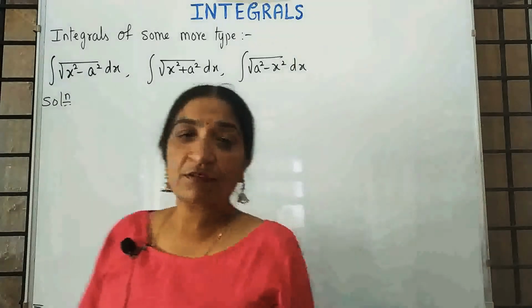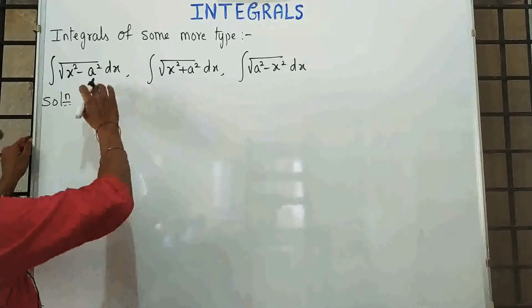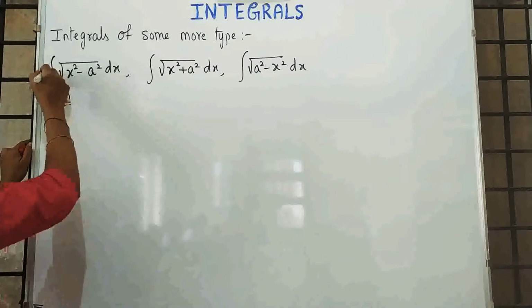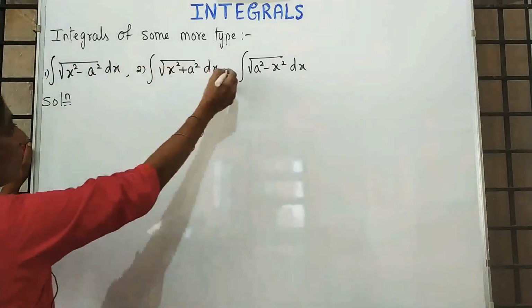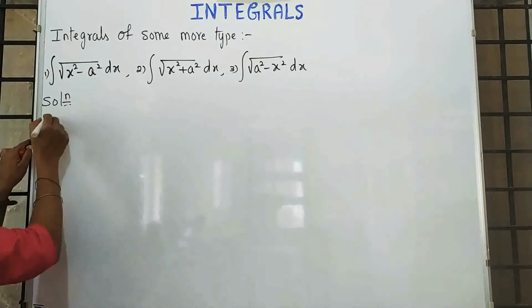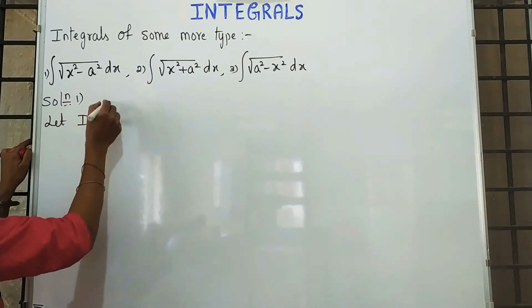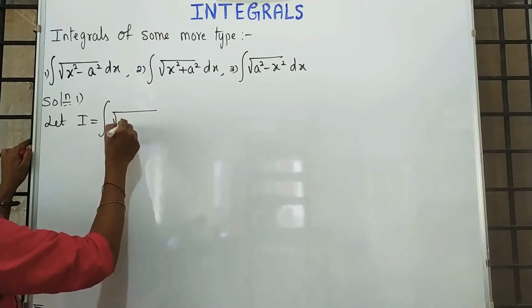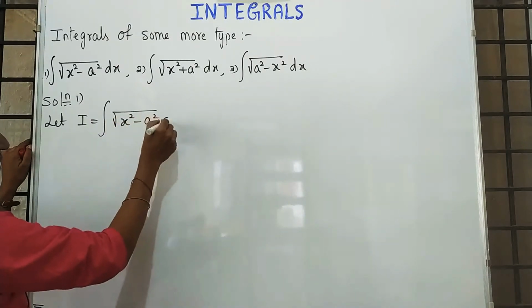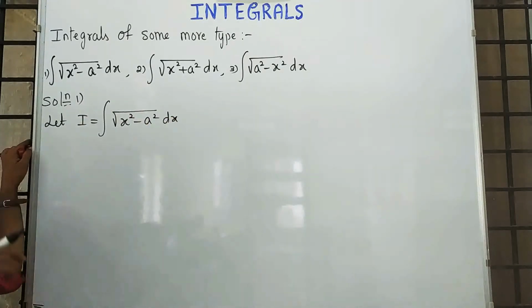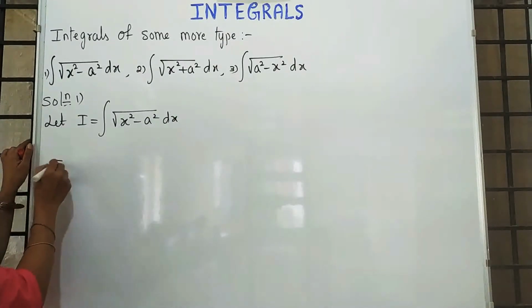So let us start with the first one. These are the three important formula derivations. First one is this, the second one is this, and this is the third one. Let us take this as I. First solution. Let I be equal to integration of root of x square minus a square into dx. We don't know the integration of root of x square minus a square. That's why I am writing this as